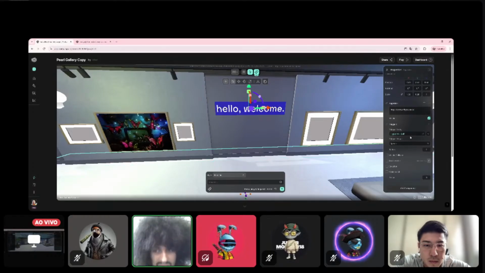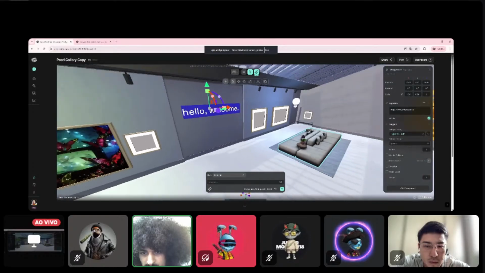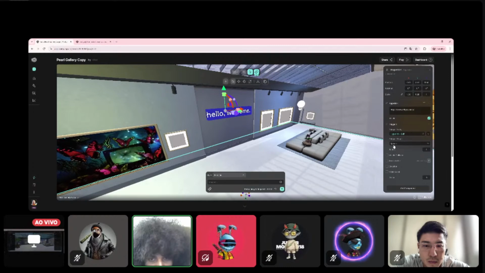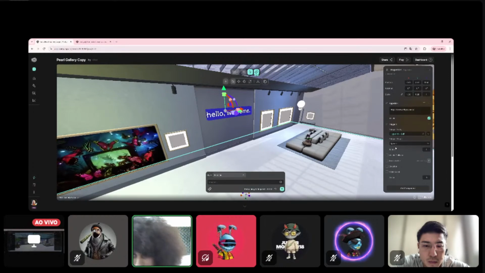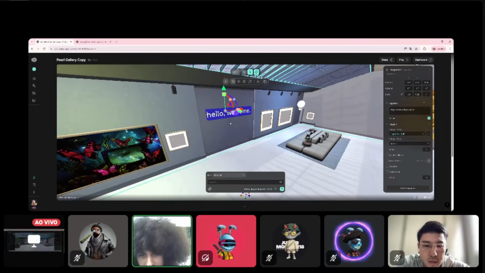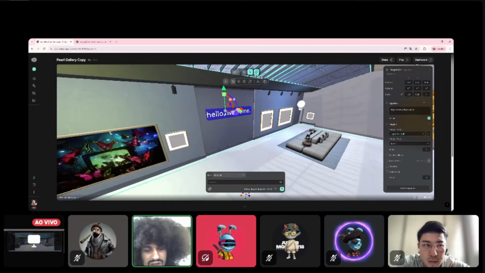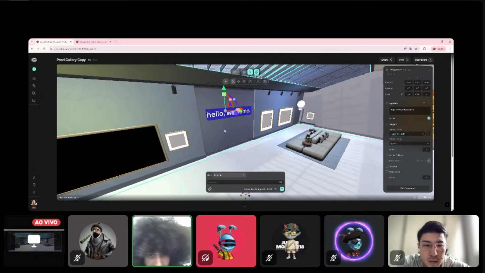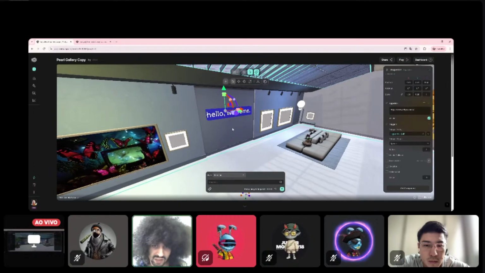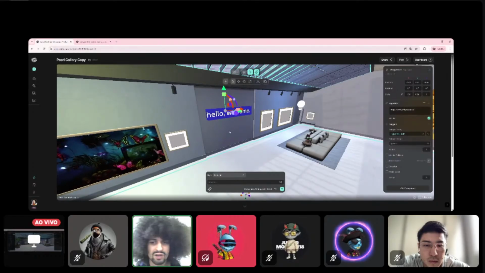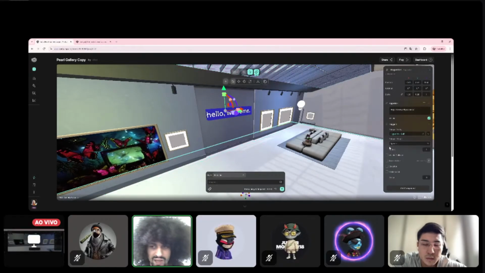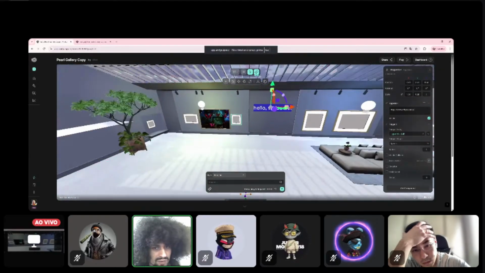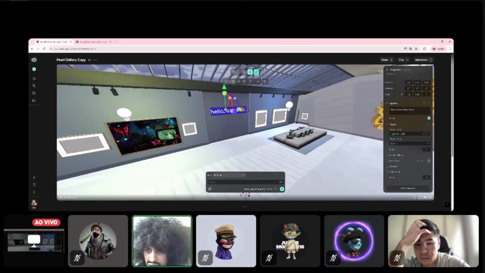Or you can add a trigger like any other trigger. Imagine that you accomplish something, you reached a certain spot of the world, and then it opens a link in another tab. So it's a very powerful component actually that you can use either for commercial purposes, for gamification purposes, if you want to attach a lore or anything related to your game, you can attach hyperlinks. I think I'm good to play now, just to show this hyperlink working.